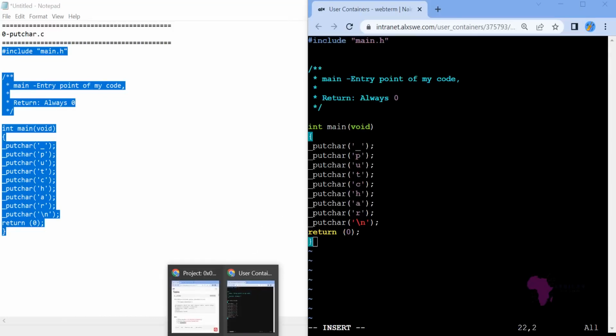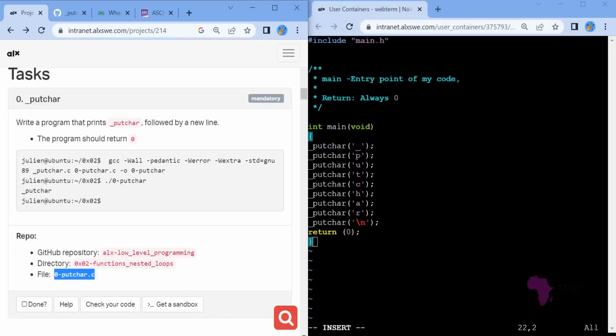Now let me go back. Now this is what you have been told. Write a program that prints this one. So the only thing that has to be done is printing. There is nothing to be done extra. It is just printing. You just print as it is here. But in this case, we'll print single characters. We'll just print underscore and then print